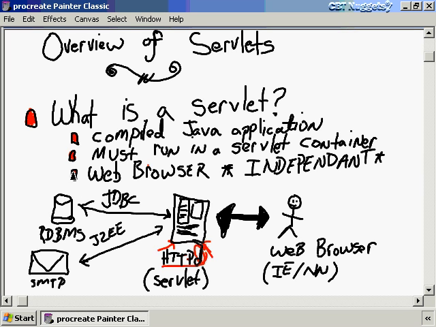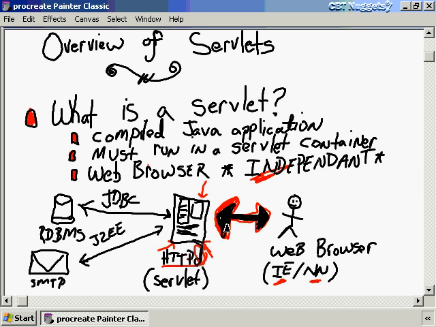Another cool characteristic and a benefit of writing a servlet is that they're web browser independent, not dependent, but independent. What does that mean? Well, that simply means that you could use Internet Explorer and Netscape and do all of the programming on the server, meaning on the servlet. And that way you avoid some of the complex issues and nastiness that comes about when developing client-side web applications,